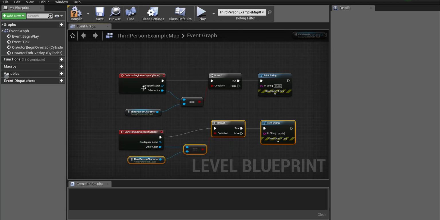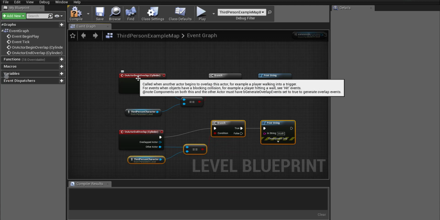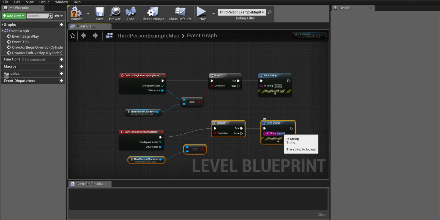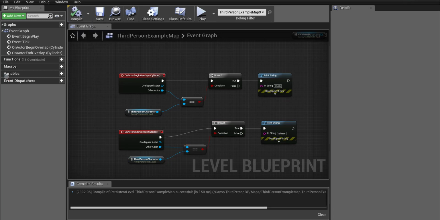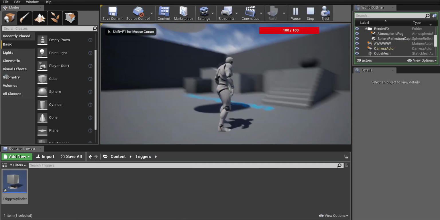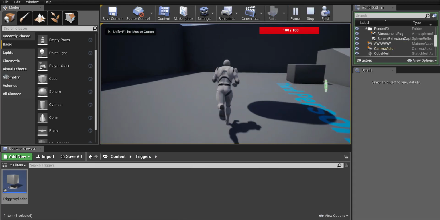Now this is a begin overlap, so this is like when I enter it, and this is an end overlap, which means once I've left the trigger box area, it could say like release or whatever. So that's just to show you that it works. Let me compile this real quick and show you what happens. So I'm going to go play, and next to me is the cylinder. If I walk,